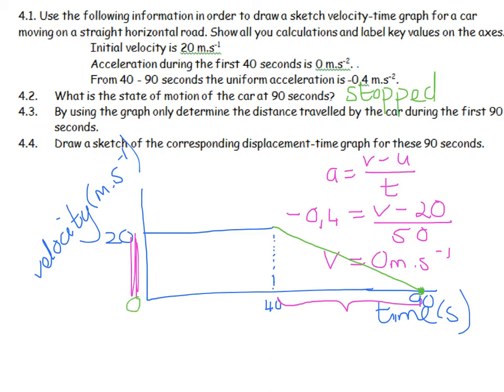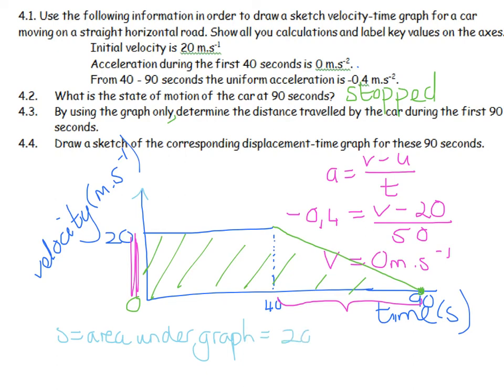By using the graph only, determine the distance travelled by the car during the first 90 seconds. With a velocity time graph, if I get the area under this graph, I will be able to know what the displacement or the distance is. It's going to be the same here because all the time I'm above the graph, so I'm in the same direction. So I am going to say, I'm first going to get the area under the graph, and the area under the graph is going to be equal to a rectangle plus a triangle, which is equal to 20 times 40